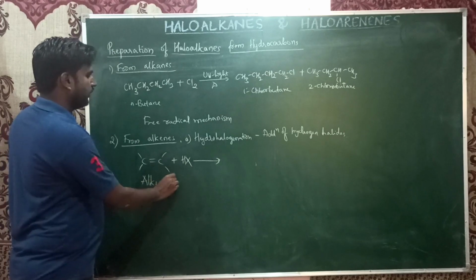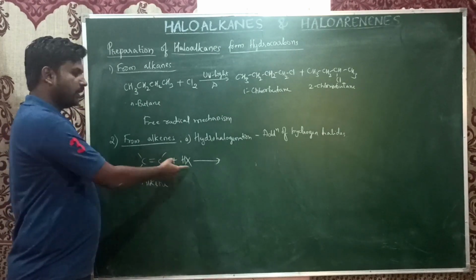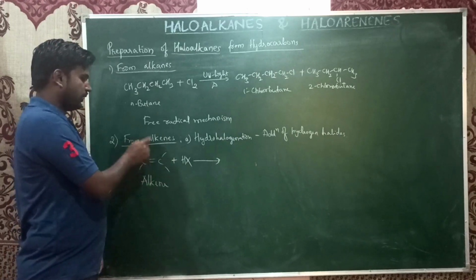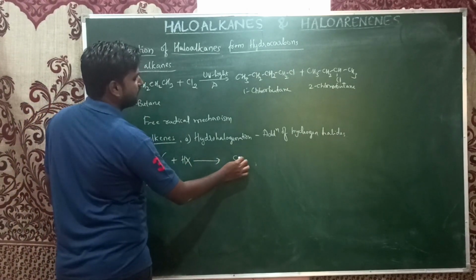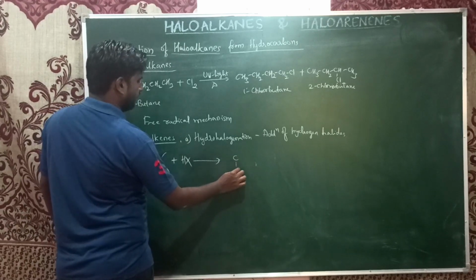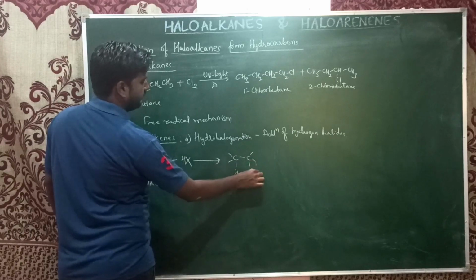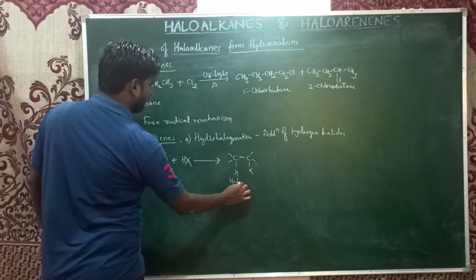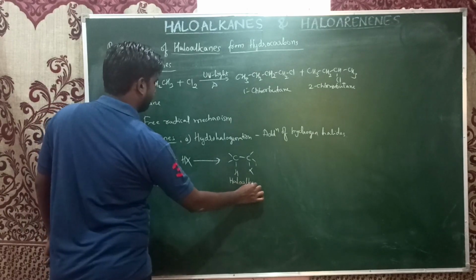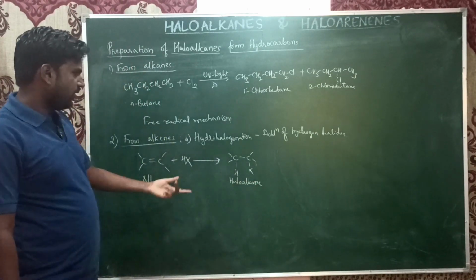one hydrogen will add to one double-bonded carbon, and a halogen is added to the other carbon of the double bond. So that is a C-H single bond and a C-X bond. Here it is going to form a haloalkane. Okay, this is one. If you see an example,